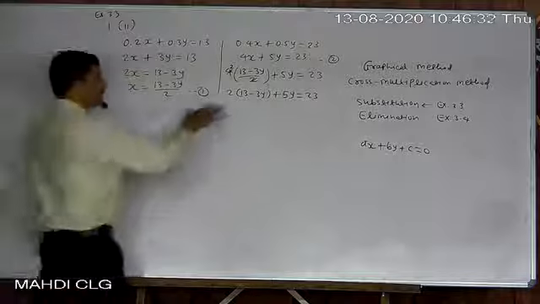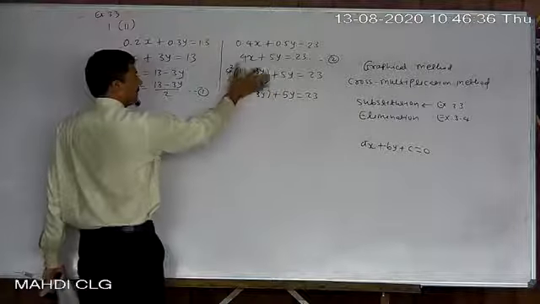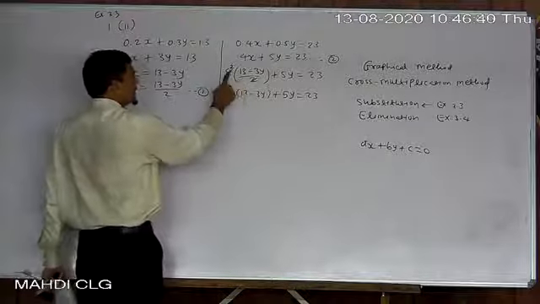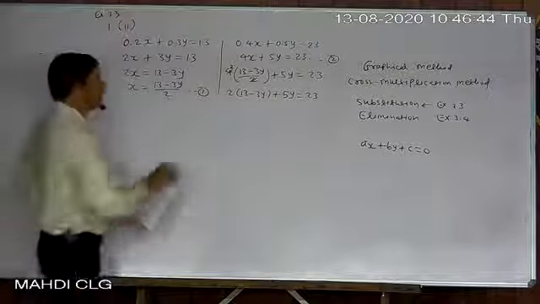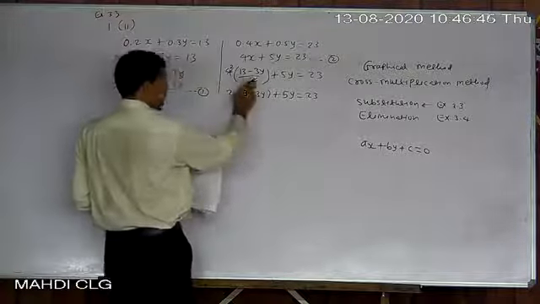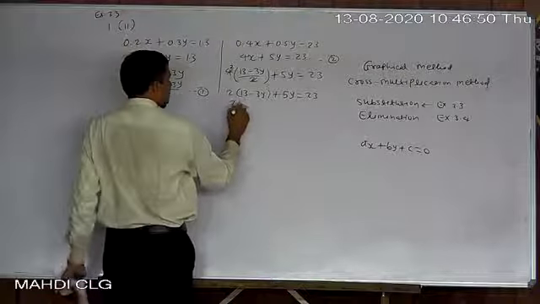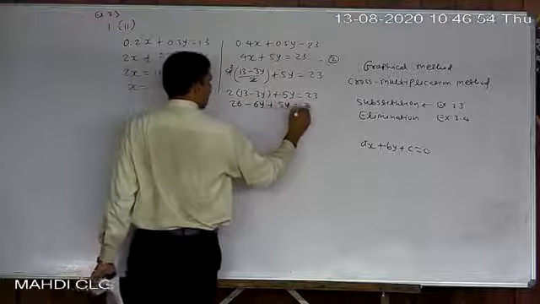Okay, just understand here. I just place x value, it is itself in fraction, so I just cancel 2 into 4. Okay, so it becomes 2 into bracket plus 5y, just open that, so 26 minus 6y plus 5y equal to